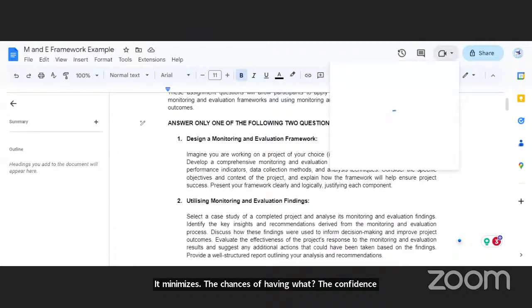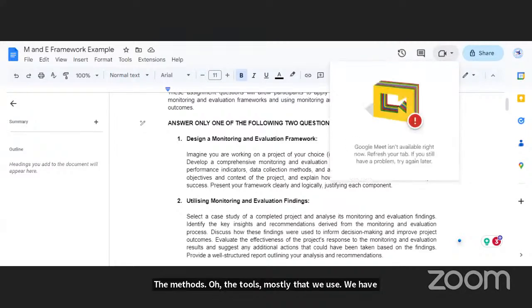Someone asked for methods used in M&E monitoring. The tools mostly that we use, we have the performance indicator.